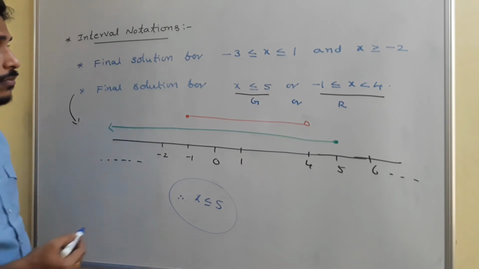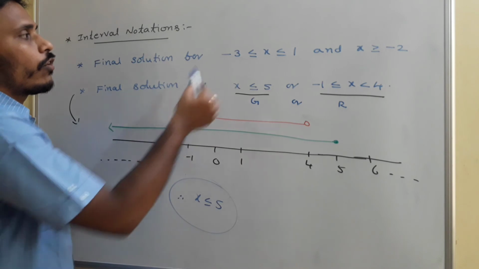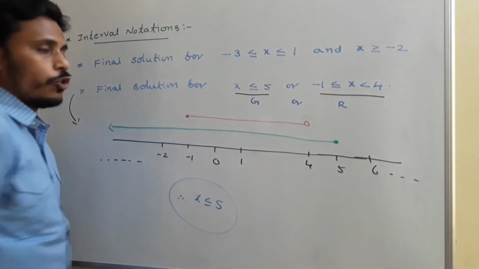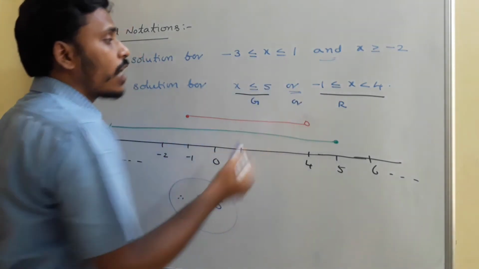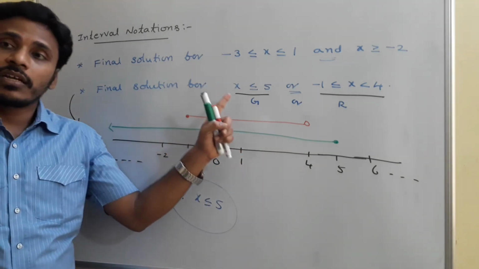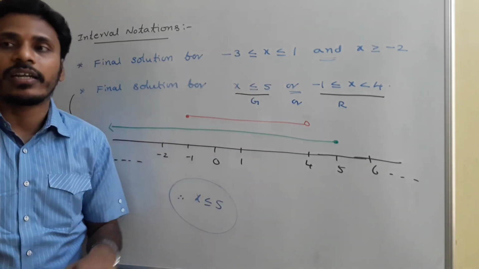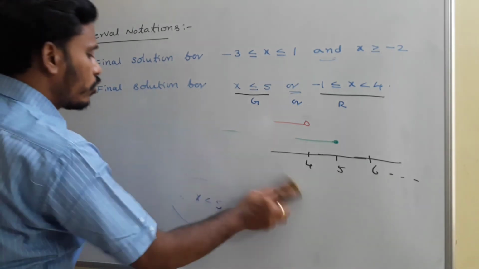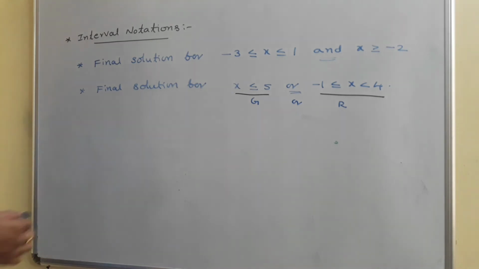This is the solution for the second problem, and now I am going to give you the solution for the first problem, where you need to take the first solution and the second solution. There we are using the word and, and here it is or. That's the basic difference. For or, you may take either green color or red color. If it is and, you need to take green color and red color, both. Now think about the final solution for the first problem. How to find the final solution for the first one?